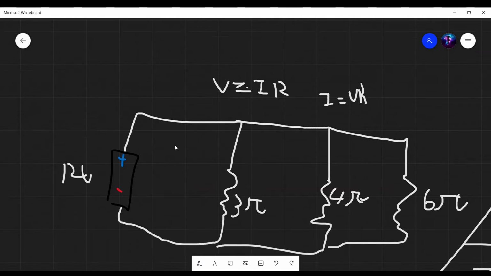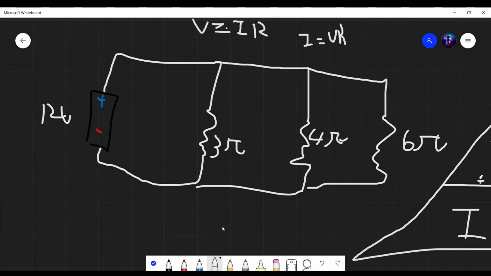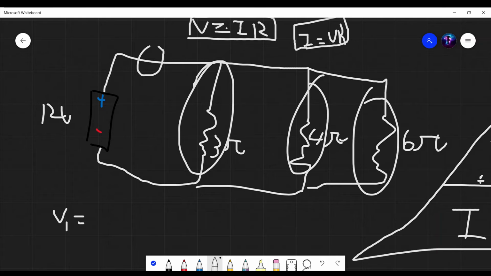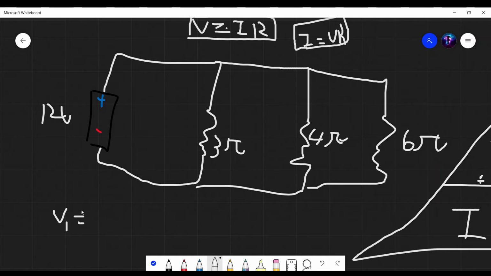So actually, let me move a bit lower. To find the current, we use this one. I equals V over R. But instead, we have to change this formula into a different one. So we're going to write V1 equals, we're finding the current right here. Actually, no, we're finding the current right here, and right here, and right here. Okay? So to find them, you have to rewrite the formula into V1 equals